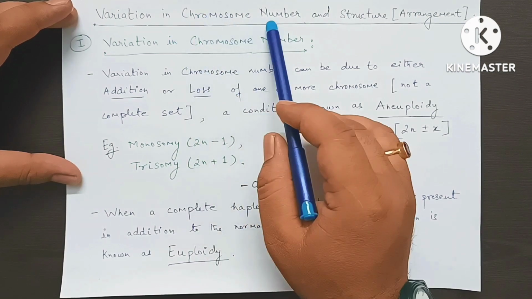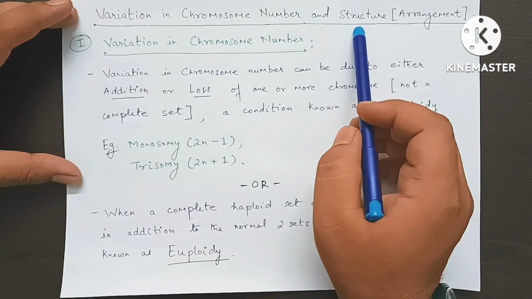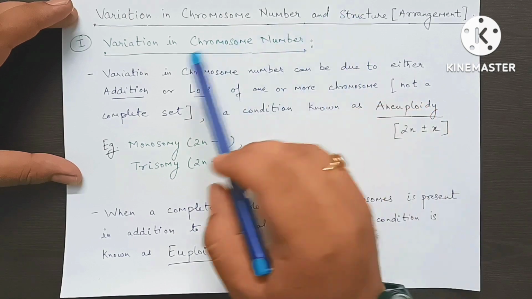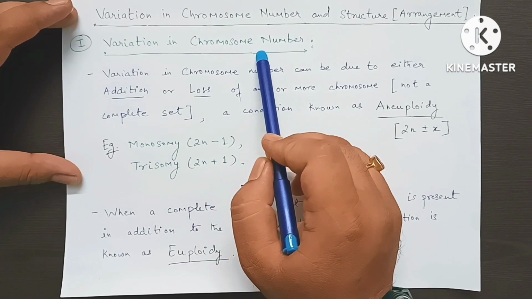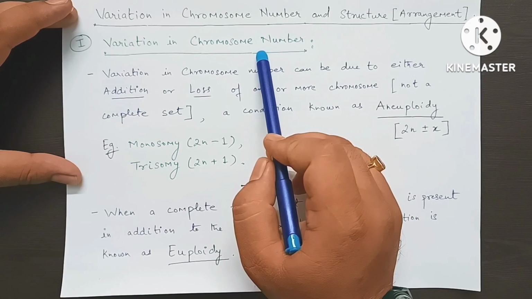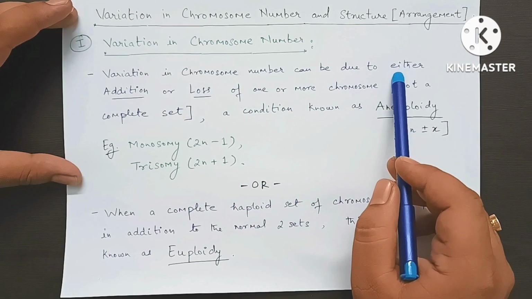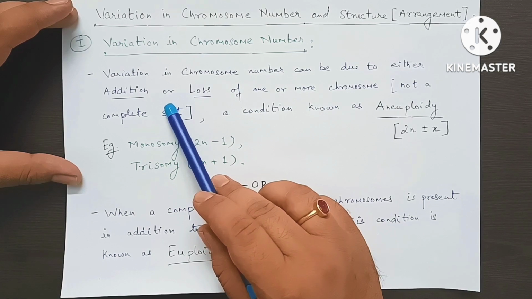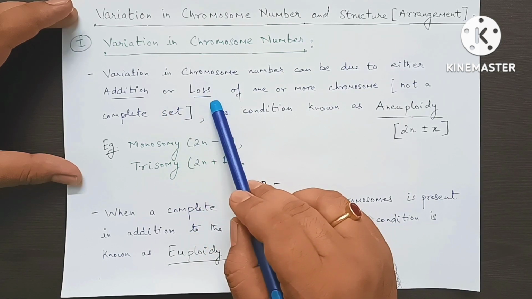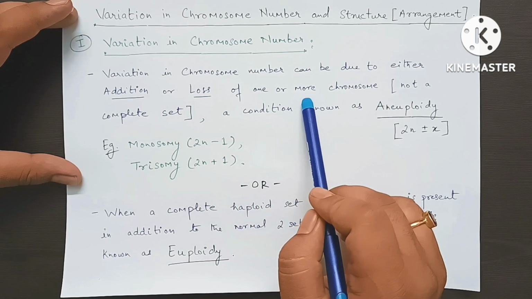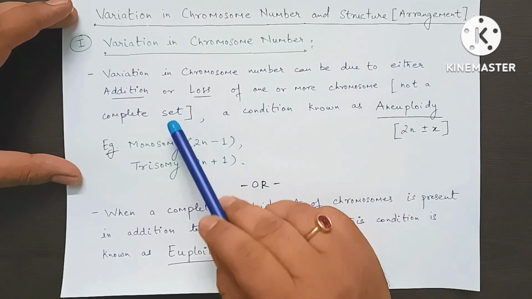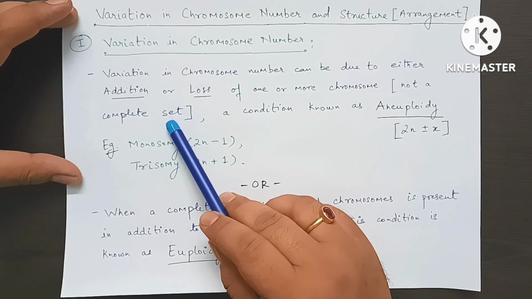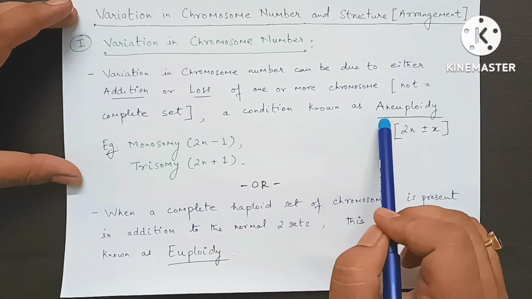Variation in chromosome number and structure. First we'll see variation in chromosome number. This can be due to either addition or loss of one or more chromosome, that is a single chromosome, not a complete set. This condition is known as aneuploidy,